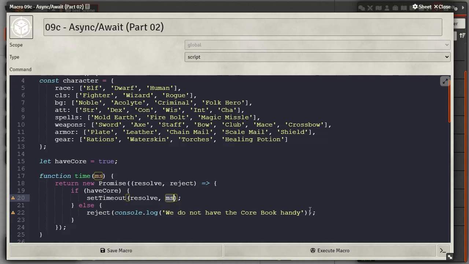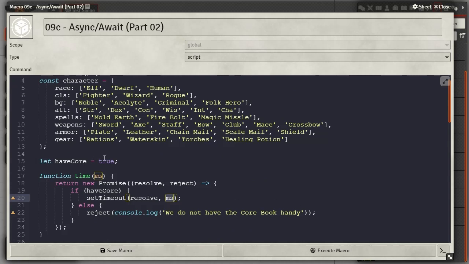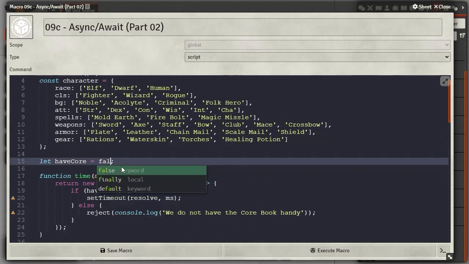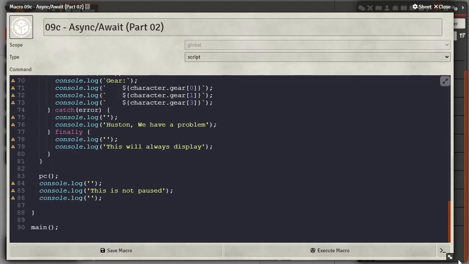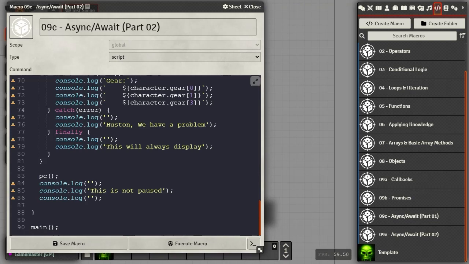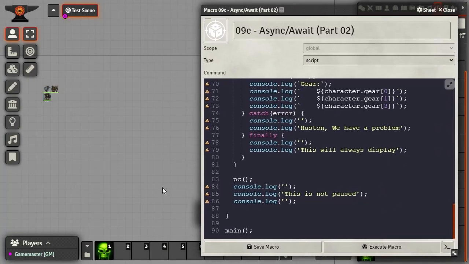If we get the reject, then it will go ahead. If we close our store or close our book and set this to FALSE, then of course it's going to fail. In fact, we can go ahead and run this and then we'll walk through what's going on. So let's go ahead, hit F12